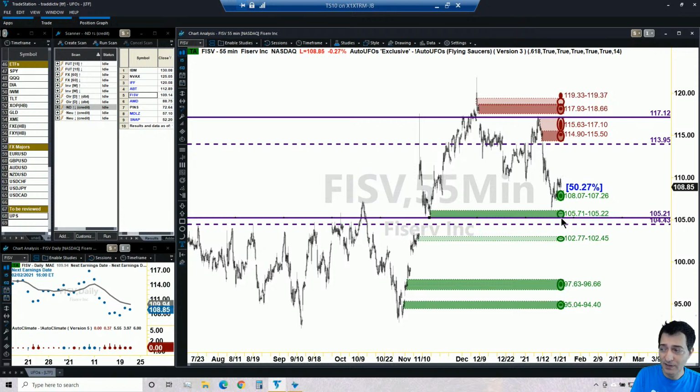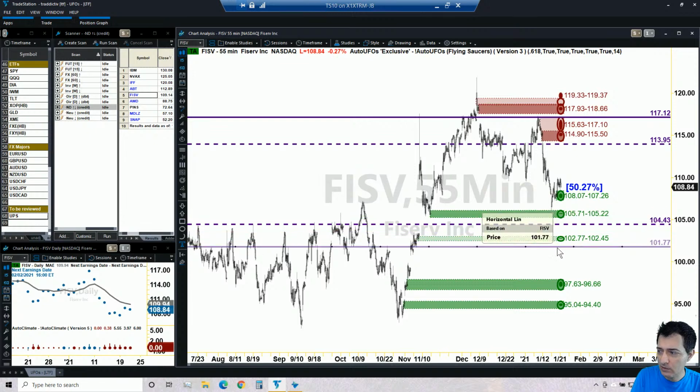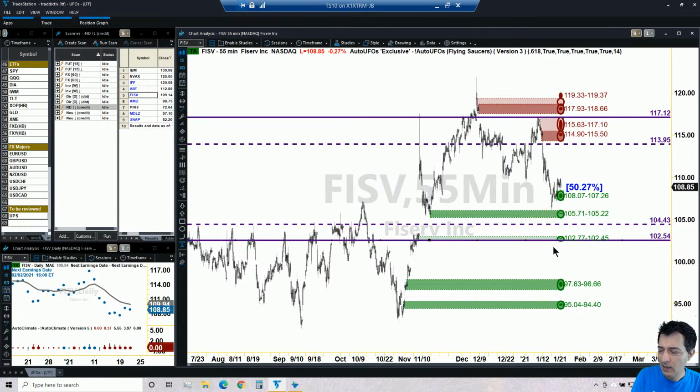So even though it's the second UFO, and now we have the 2 UFOs we need, that one is still within the dotted lines. So I am forced to go for the next one, which is right here. And that one is indeed beyond the dotted lines, and because it's 2 or more, that would set the bottom part of the range. And that's quite ideal as a setup. Okay, I'm not saying that we have a trade which is approved yet, but so far it's looking quite ideal,